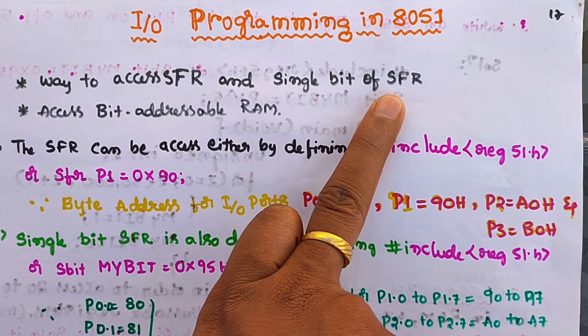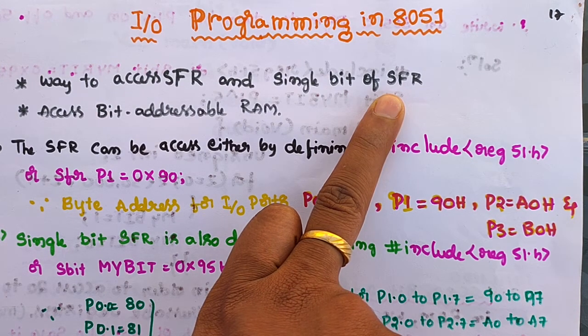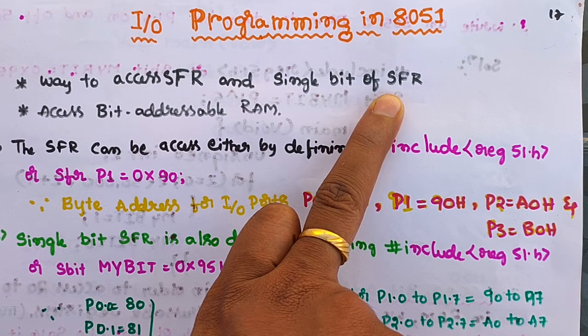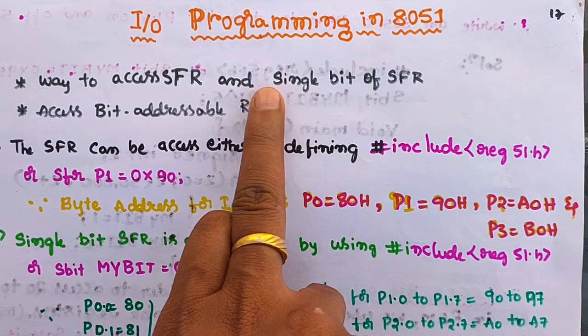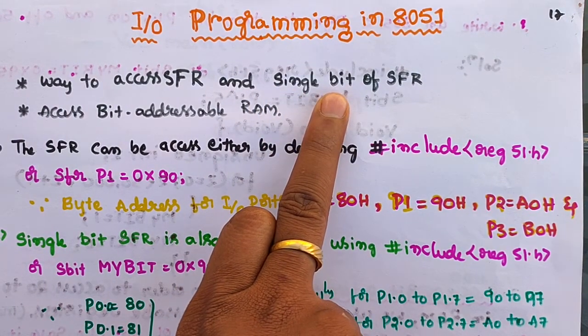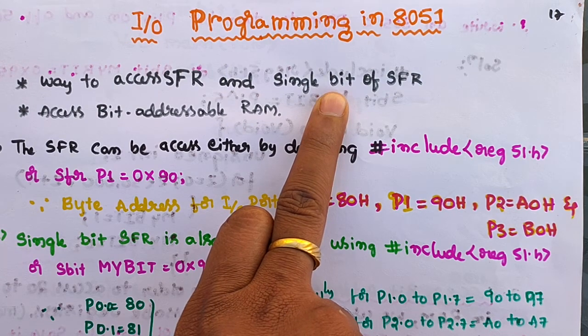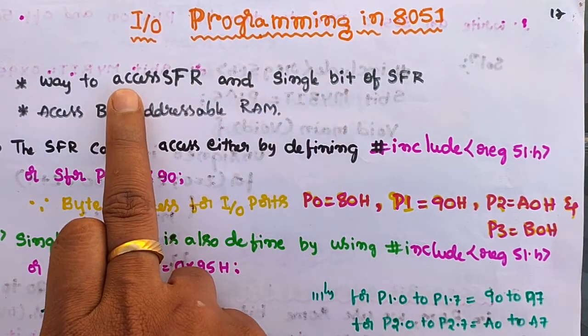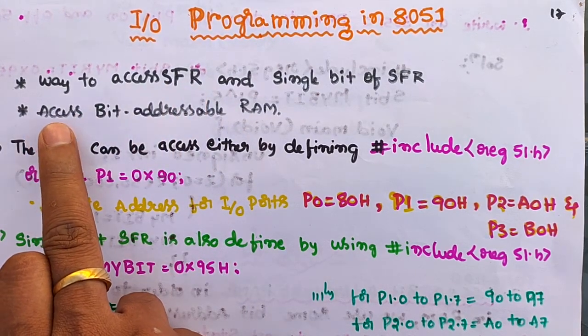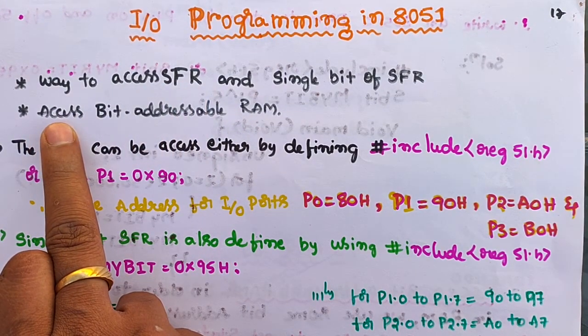For example, in the P0 port, we need to access P0.0, the first bit of port 0. So it is important to understand how to access the single bits in the port and how to access the 8-bit port. And after that it is also important to